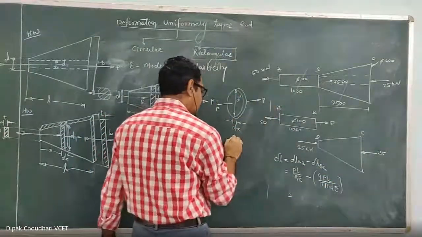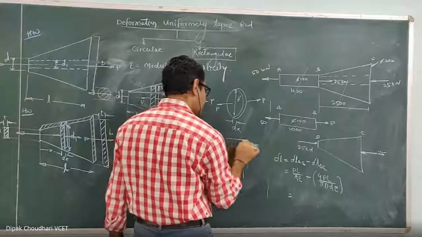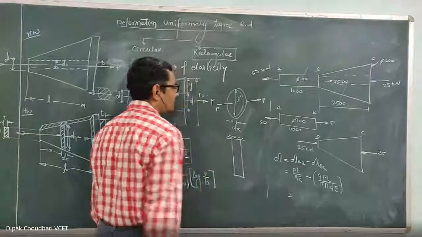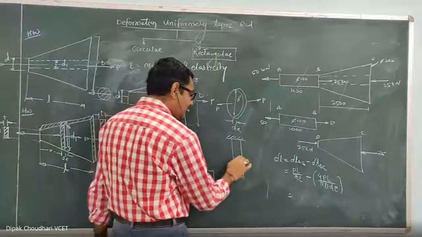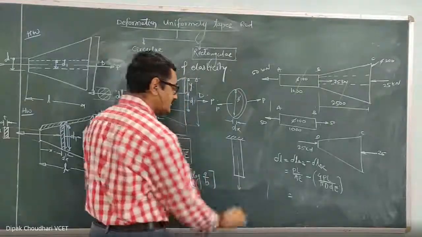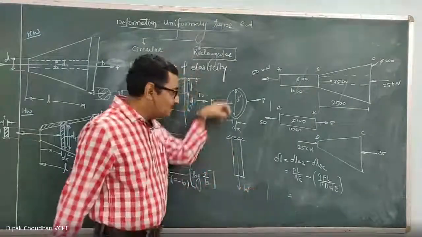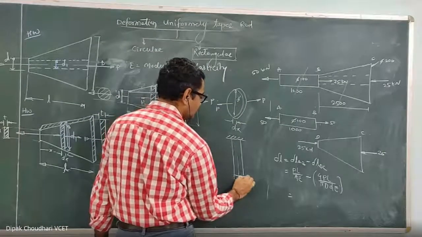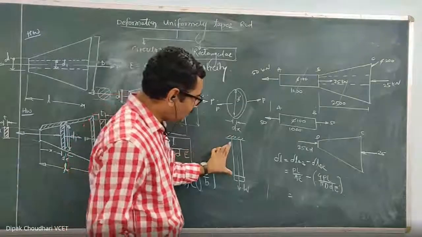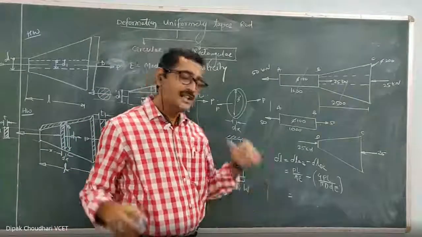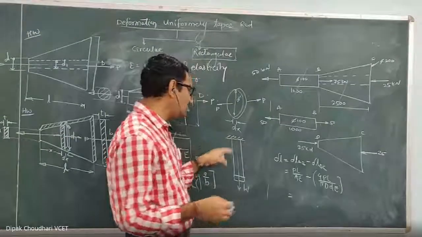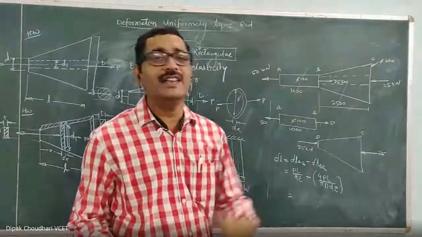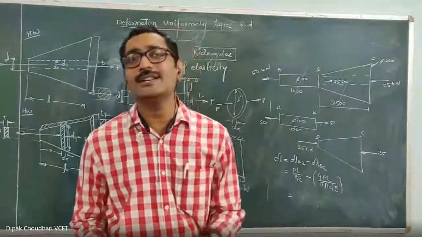If the rod or the object is vertical, suppose a vertical rod is fixed at one end and the other end is free, now the self weight acts vertically downward and it will be axial. Because of this self weight, this rod may get deformed. So we have to calculate what will be the deformation of this rod because of the self weight. In most cases, if the length of the rod is very small, this deformation because of the self weight is very less and we can neglect or ignore that.